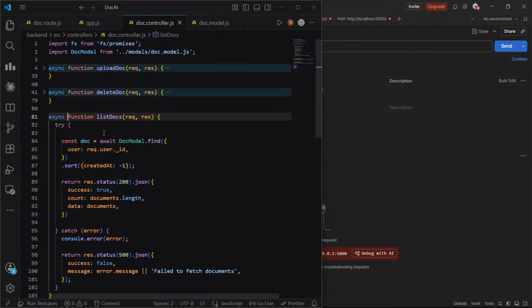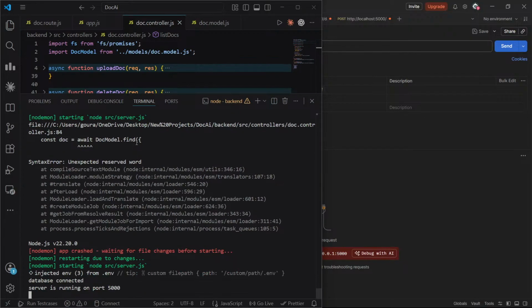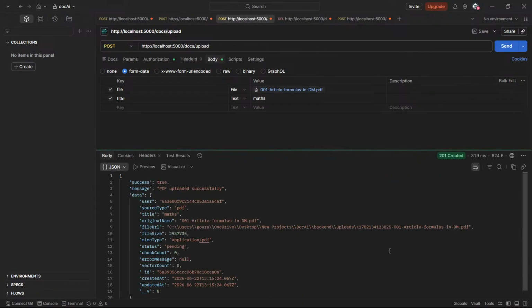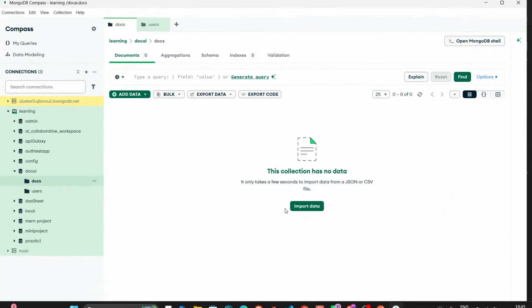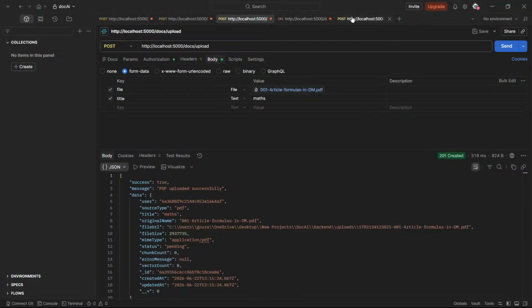Yes, asynchronous, and then I think it's fixed. Okay, now let's check this once. Upload it. Okay, it's created and we got data here, and if we just list the data,